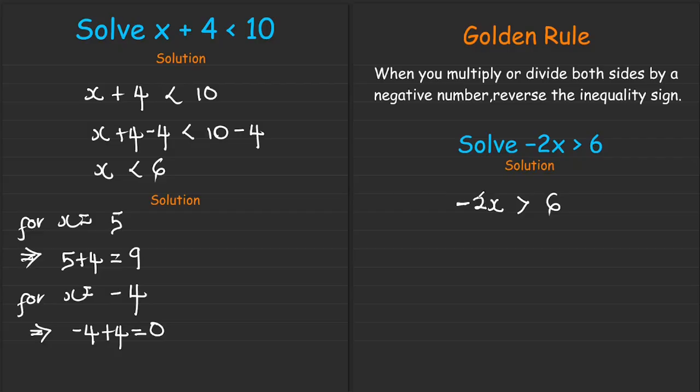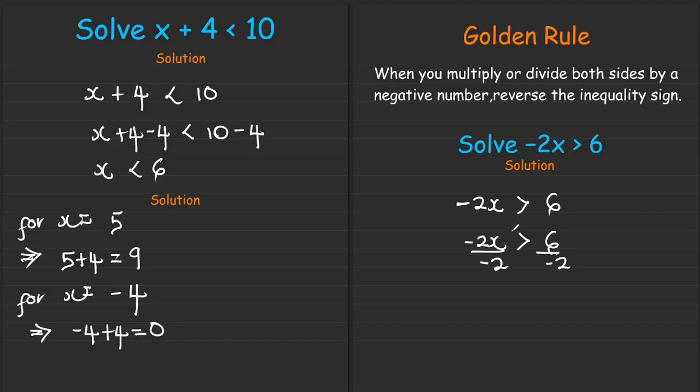Now, as I said, we always solve using the steps we learned in equations. So anytime you have an inequality of this form, it is all about making the x the subject. So we have negative 2x greater than 6, and we'll divide both sides by negative 2. See, so dividing both sides by